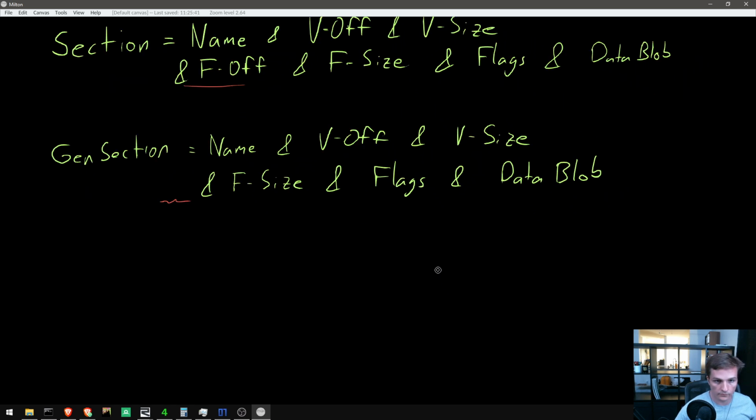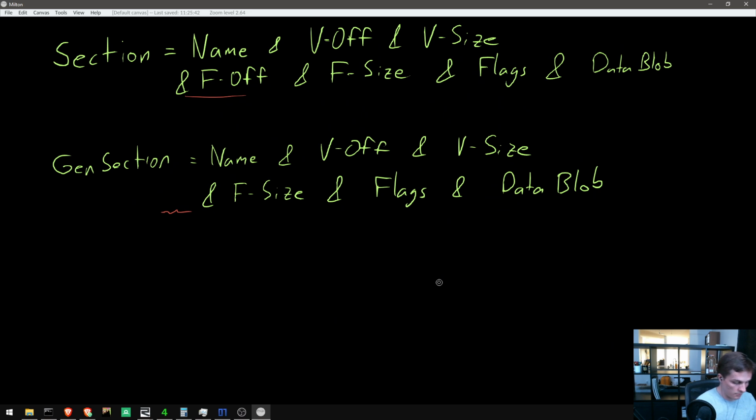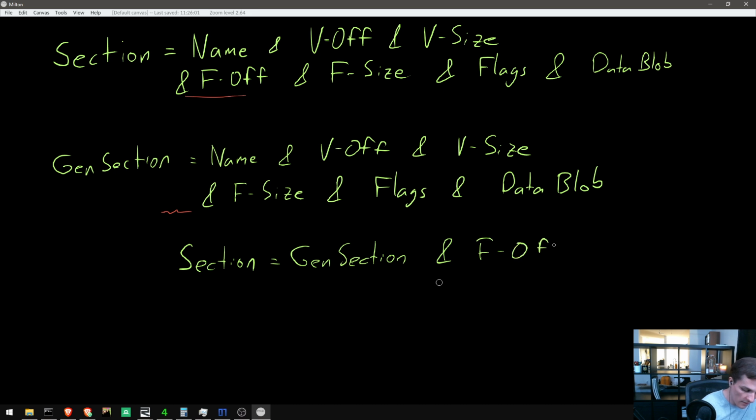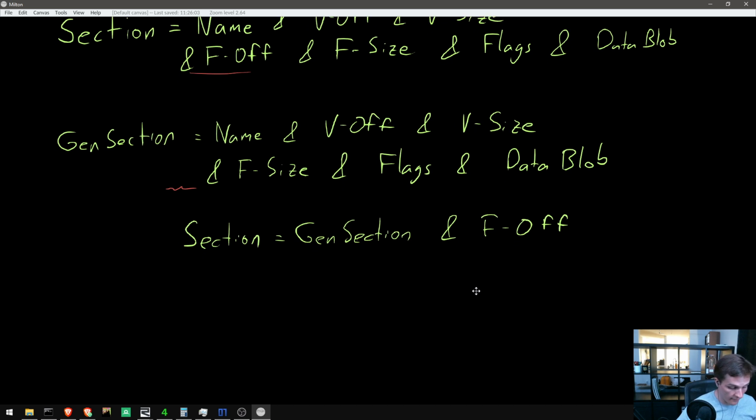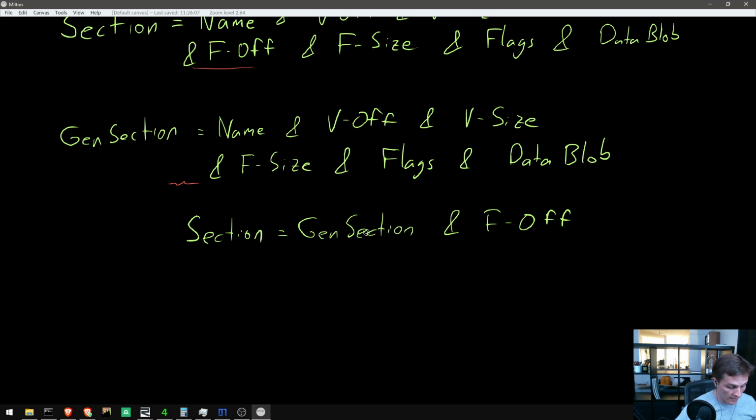So the main difference then can be understood like this. We can say a gen section is a generator section and an foff, right? So if we have a generator section and we can get to an foff, then we can create a section. Now the way we end up calculating our foff is we take in a list